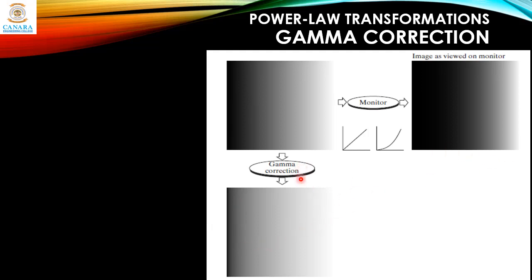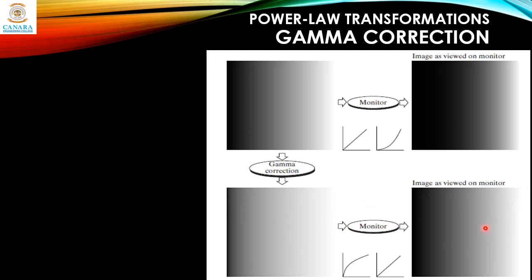This is done using gamma correction, and the function that we use resembles something like this. This is the operator. This is a gamma value less than 1, like 0.6 or 0.3, which we use to brighten up the input image itself. Then when we connect this input image to the monitor, it will appear like this. This output image resembles the input image exactly, and the effect of this gamma function is to nullify the effect of that gamma function. This one is more than 1 and this is less than 1. When we combine them, it results in a linear function, output equal to input. So this is gamma correction at work.